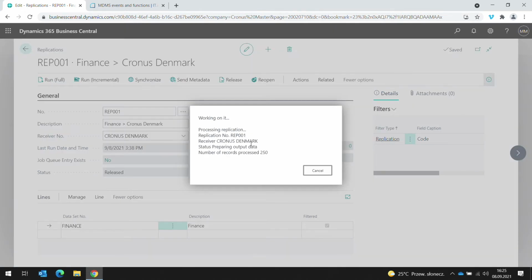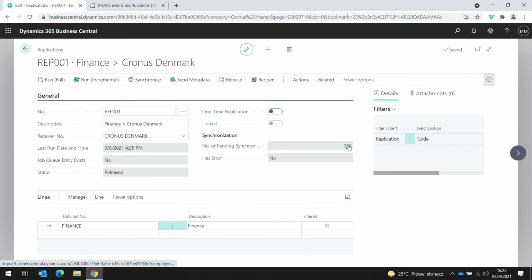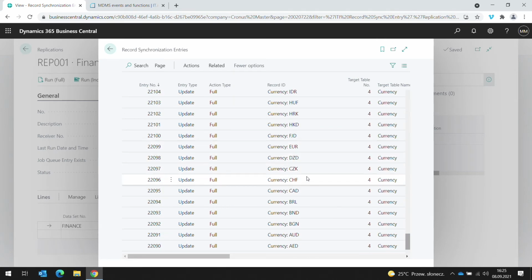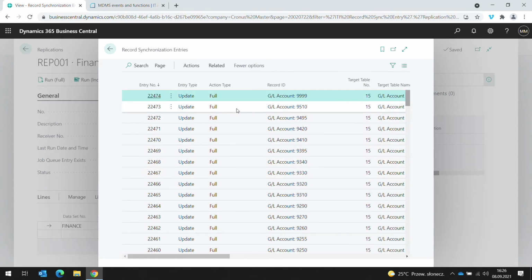When I run full, the entries are created, and this action doesn't base on any log. It's just a simple loop which goes through all tables included in the finance dataset and creates entries. And of course it takes the adjusted setup. So if I have a filter for currency and I scroll down, I will not find the DKK currency here. So it takes the whole setup. However, it doesn't base on any log. And so now I have